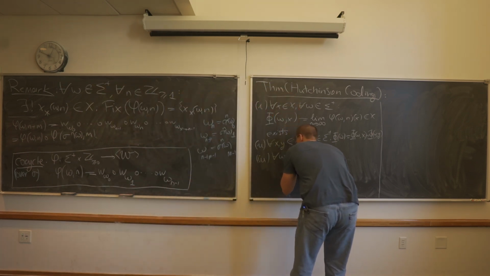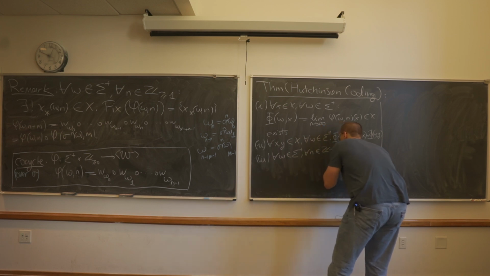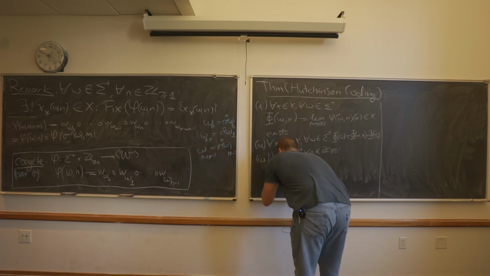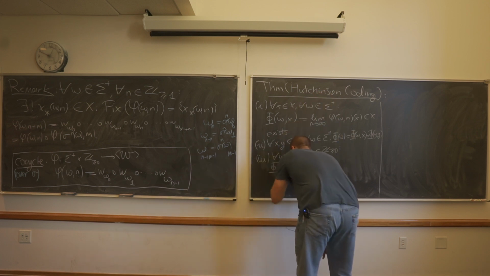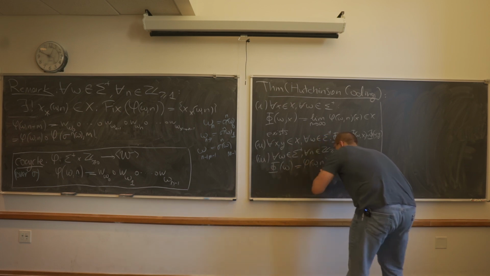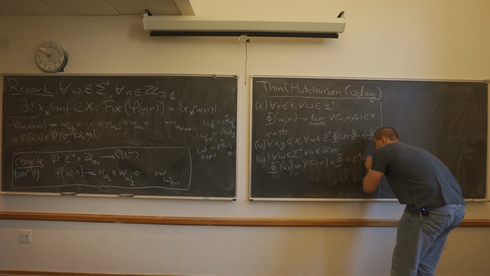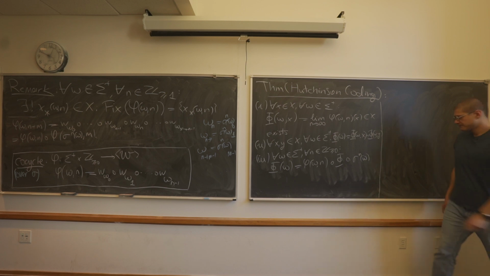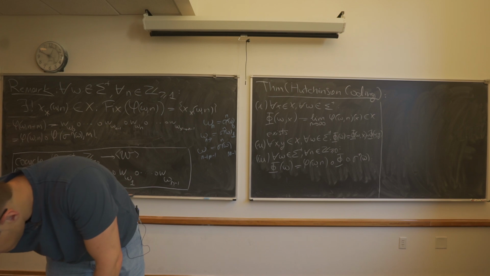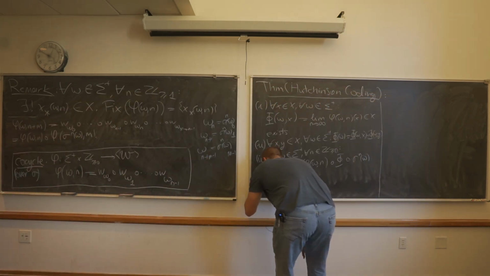For any omega and for any n, phi of omega equals lowercase phi of omega comma n composed with uppercase phi composed with sigma n of omega. Okay. Then 2. So now it's 4.